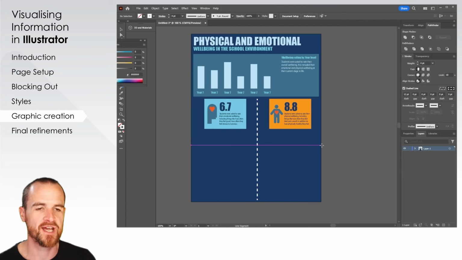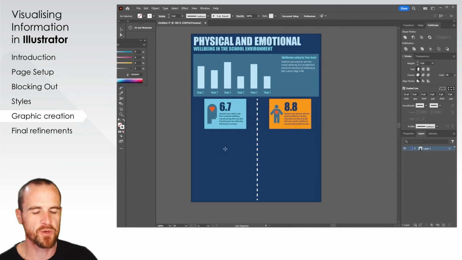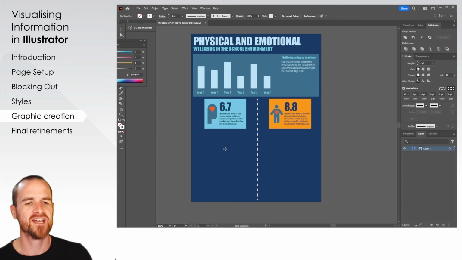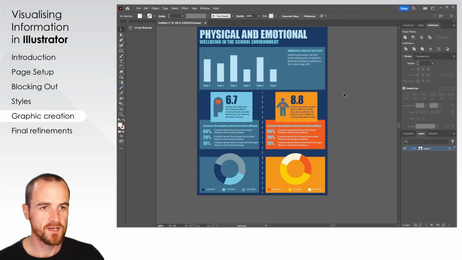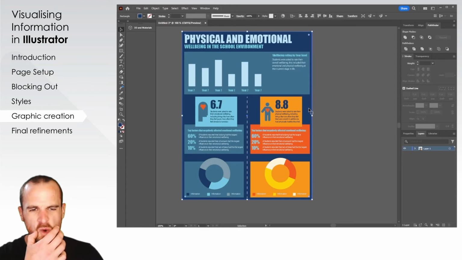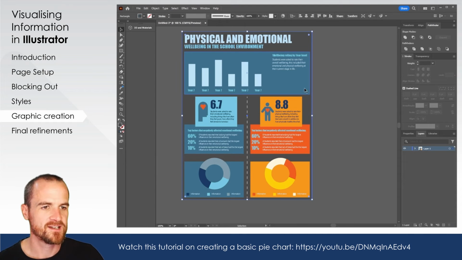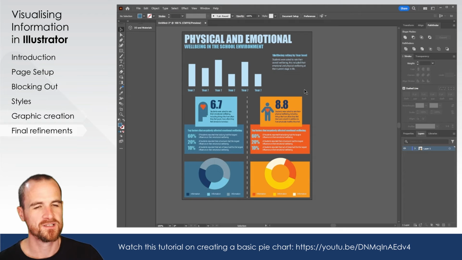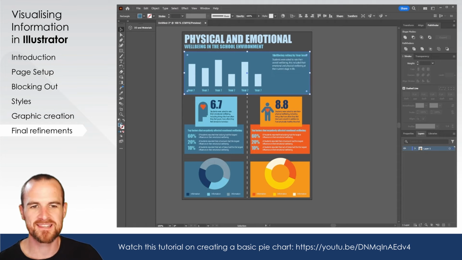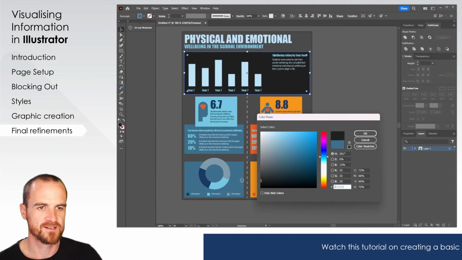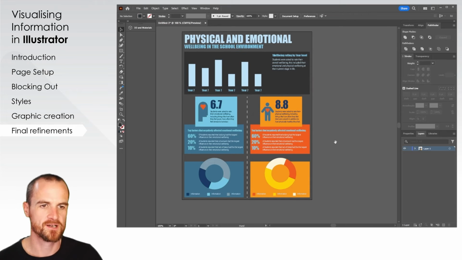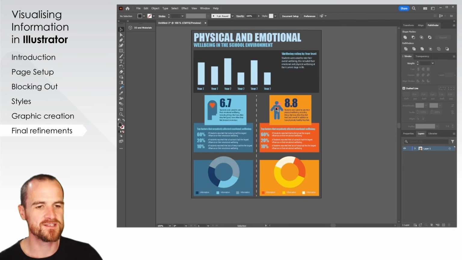Now we're moving on to our next stage, which is these next couple of boxes which break down the factors that influence student well-being. First off, we've got our blue scheme here and our yellow scheme here. So I've decided I want to make this a more neutral grey, maybe a lighter grey, or maybe a darker grey. There we go. So that way you know visually that this represents the physical information,